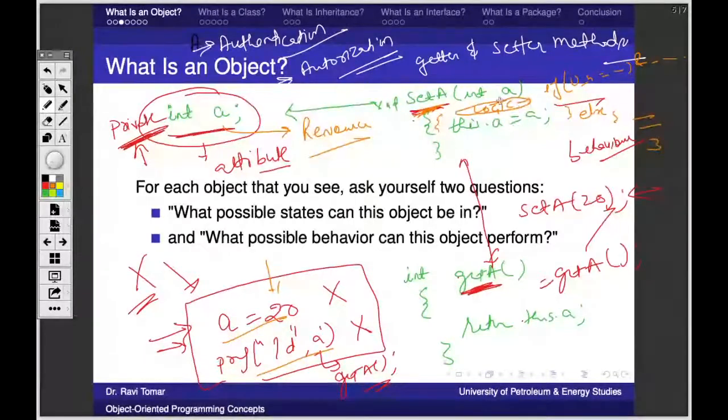I can control whether this value should be changed or not. If someone is asking what is the value of a, you can say if that someone is he, or he has some token, or whatever conditions, then only return this, otherwise return 0. So the function helps us to control access to this particular resource. No one can directly get access. It can be controlled by a function. That is why we use behavior.